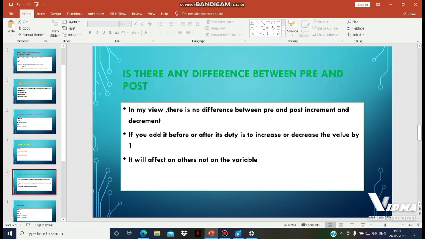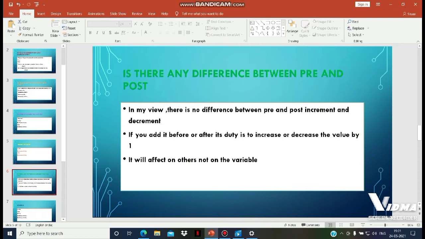Is there any difference? In my view, there is no difference between pre-increment and post-increment. It is just an operation to add 1 to or subtract 1 from a variable. The difference will be reflected when it is assigned to some value.